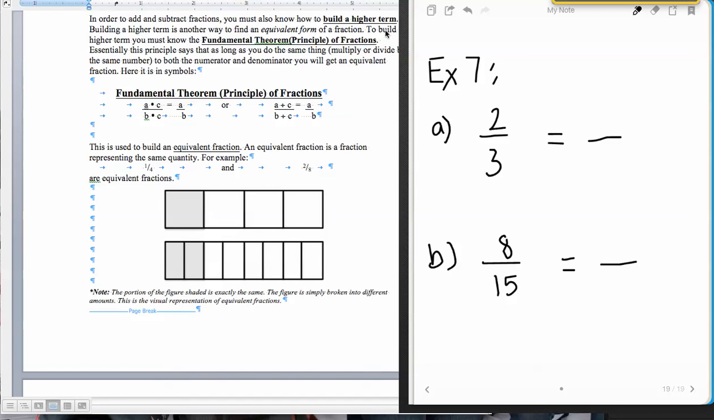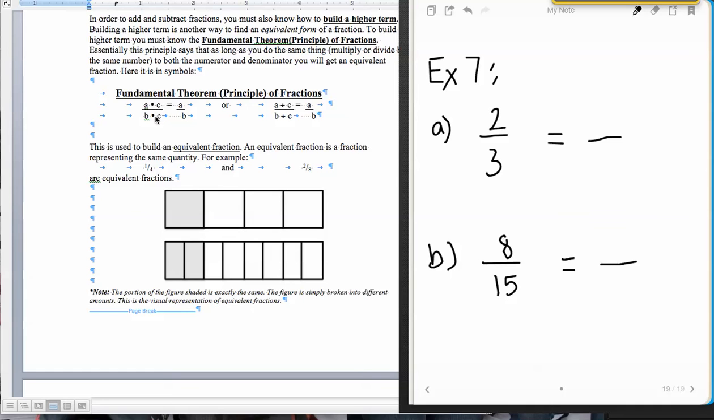Our next lecture on section 2.2 is on the fundamental theorem of fractions and how we are going to use that to make another type of equivalent fraction, one that we call building a higher term. We already used the fundamental theorem of fractions to reduce fractions in order to make an equivalent form. So here we go. The fundamental theorem of fractions says that if I have some fraction a over b and